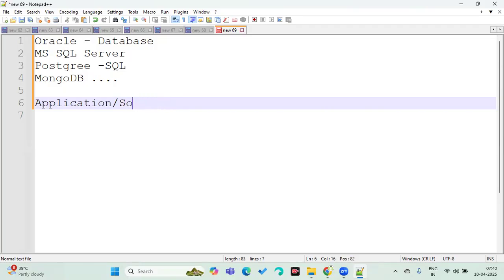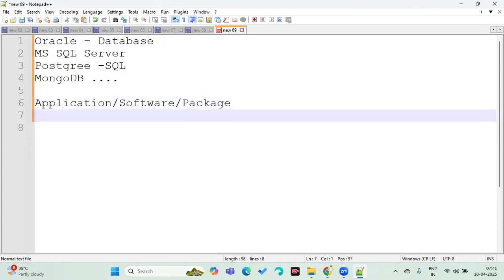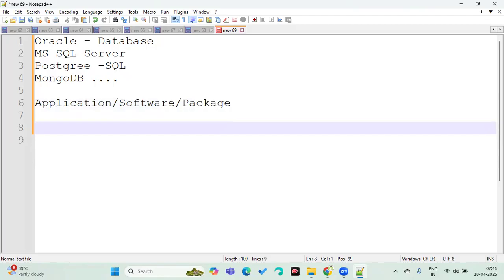Application or software, or they require a software package. We also call it a software package. So application, software, or package, these are all almost similar words in the IT industry. Okay. So when the clients want to manage the information, when I say manage, I mean if they want to insert